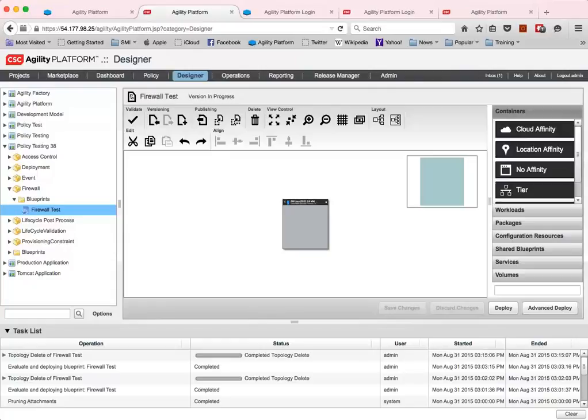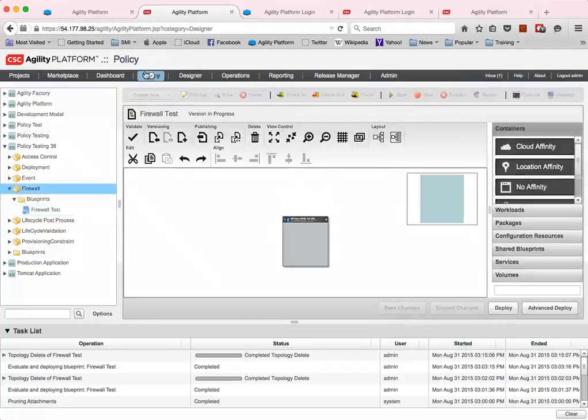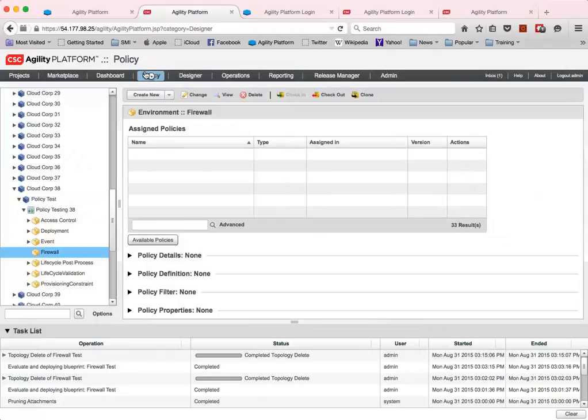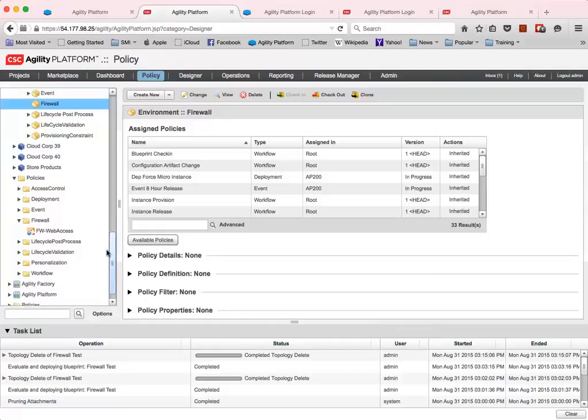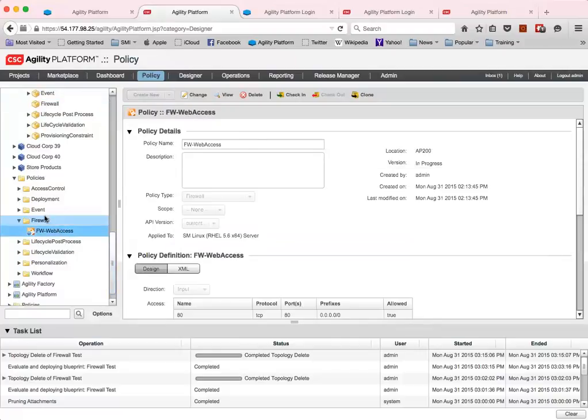In this video, we're going to review the Agility Platform Firewall policy. So let's start by looking at a firewall policy. We do this from the firewall perspective, from the policy perspective. And we go to the firewall policy that we've already created. And we can look at this policy